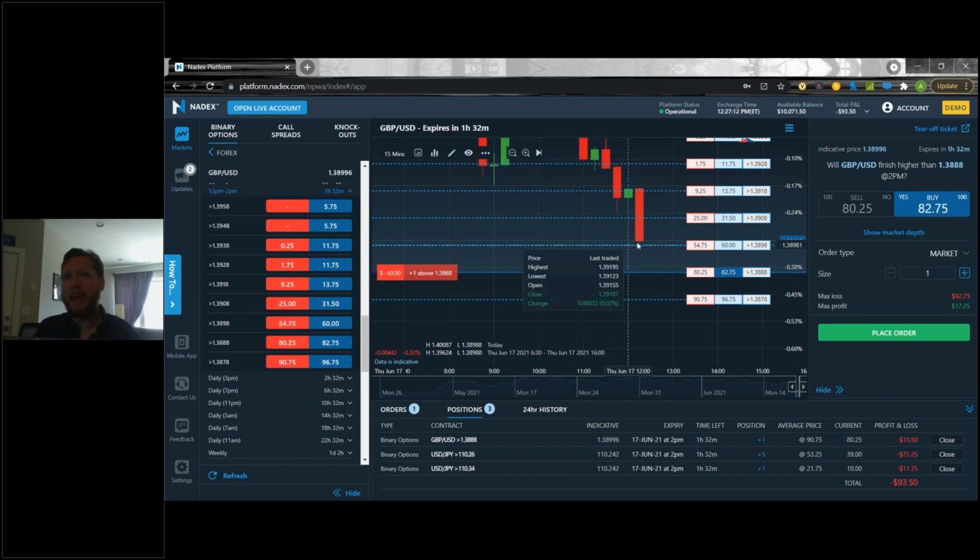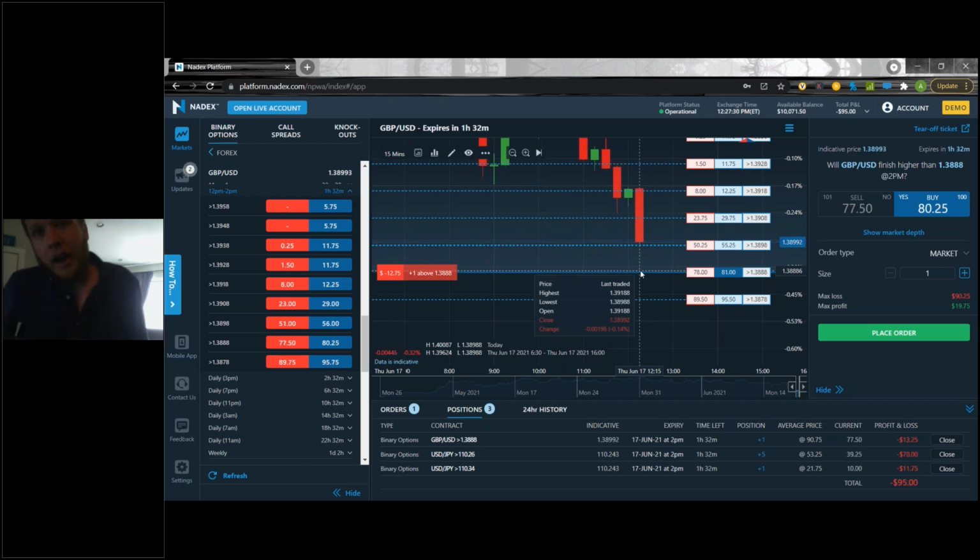everyone's understanding that. And the reason that's happening, right, is because since I actually got into this contract, you can see it's actually been moving down on me. So I probably got in when the price was like here. The market's been moving down, but it's still above, right? So my contract is less valuable than when I got in because it's been moving down, but it's still actually above that strike price. I know I spent a little bit of time on that, but that is just something that we get quite a lot of questions about. So I wanted to make sure that's pretty clear there.